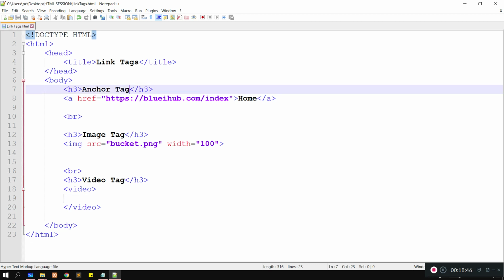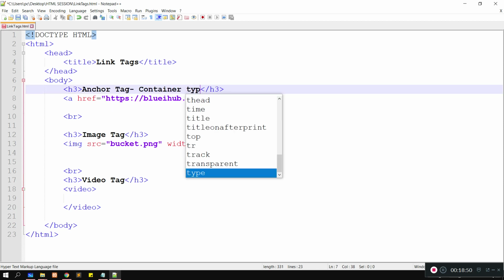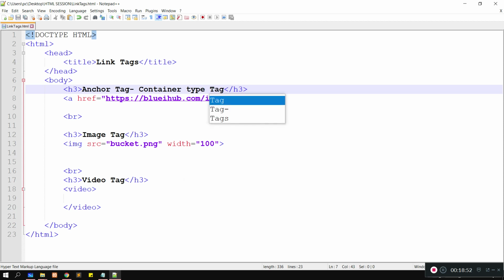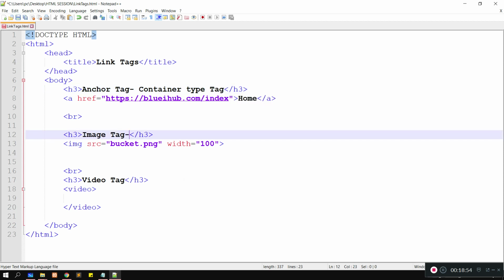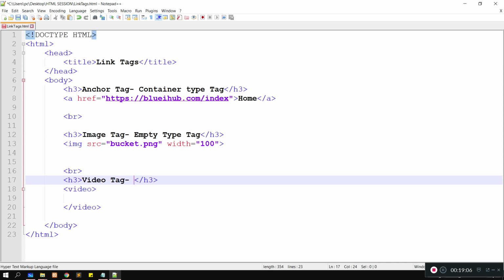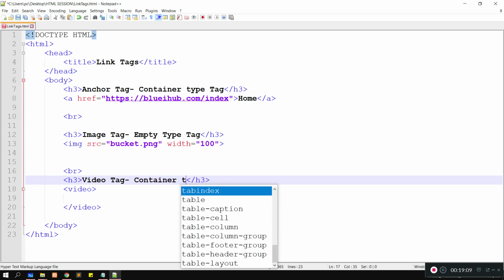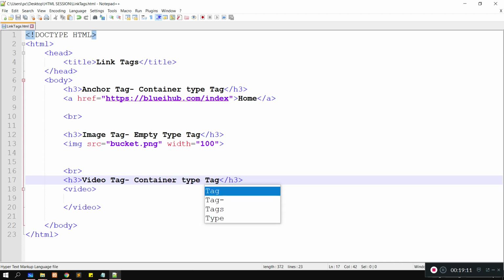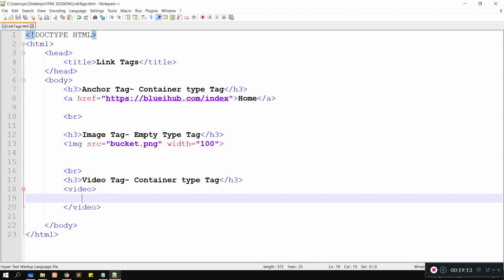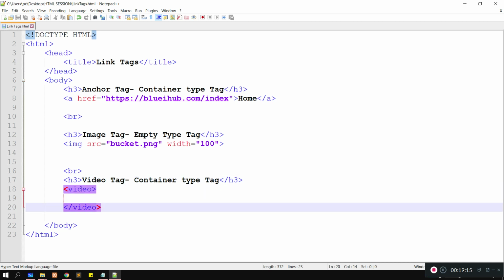It is of container type tag, and the image tag is of empty type tag, okay guys. The video tag is a container type tag, so we have an opening and closing of this tag.